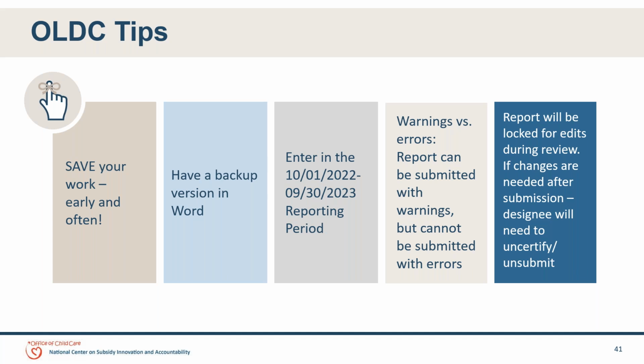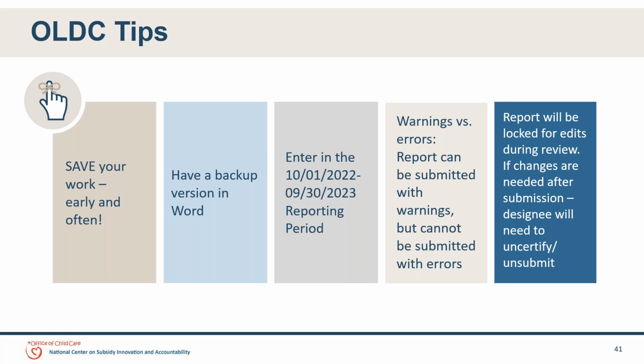And then finally, the last box on the right, once you've submitted it and you need to make changes, that's fine. But when it is in review, it will be locked for edits. So at that point, you can't go in and change anything. If something big comes up and you need to change it, obviously you can reach out to us and we'll try and help you, but you can't go in and do it yourself.